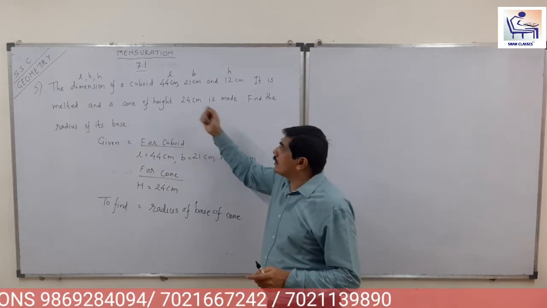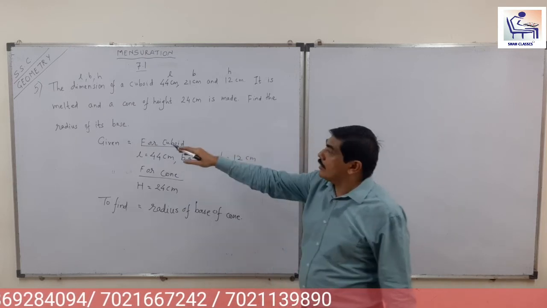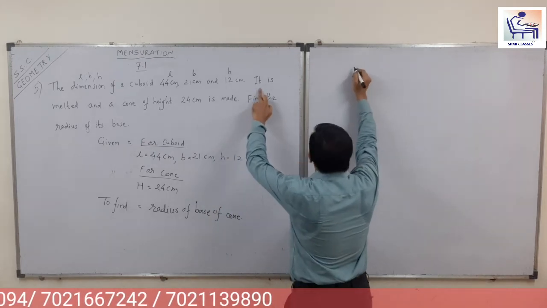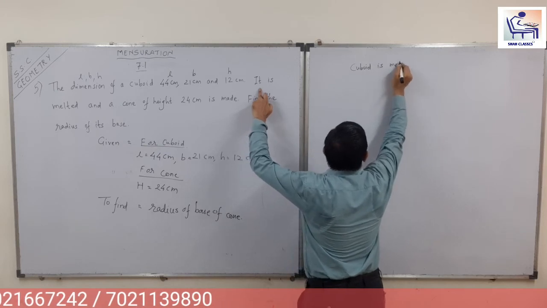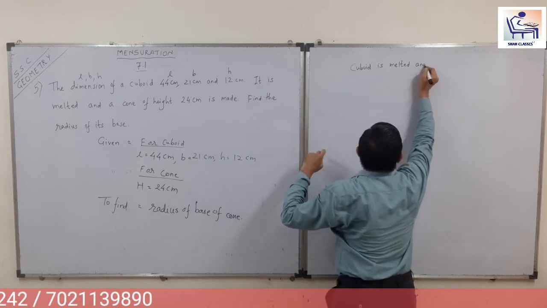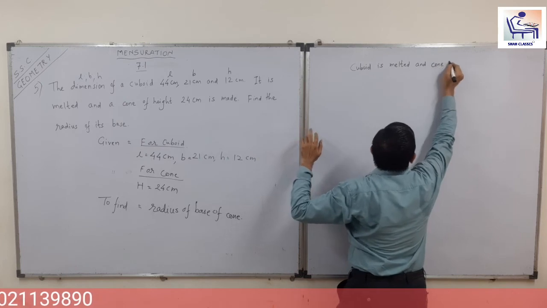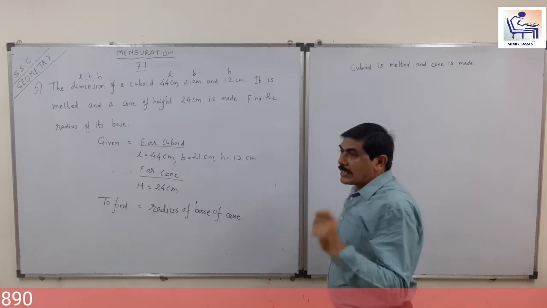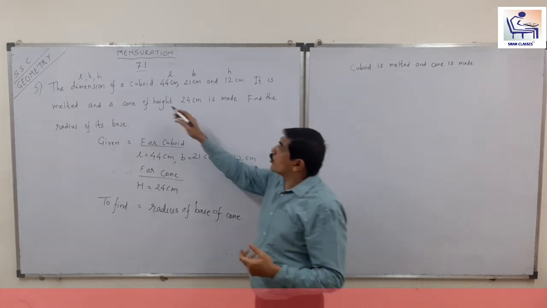सिर्फ हमें हाइट दे दी है, तो हमें क्या फाइंड आउट करना है? हमें यहां पे फाइंड आउट करना है उसके रेडियस. So here the cuboid is melted and what is made? Cone is made. Please remember, जब भी मेल्ट करने की बात आए और एक जो यहां पे हमें क्यूबॉइड दिया है,